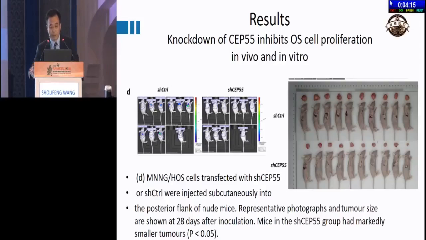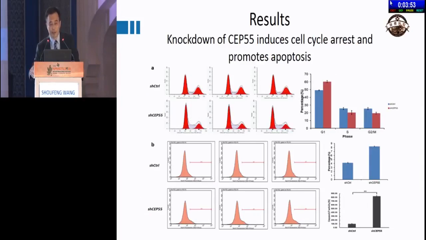We injected the OS cells transfected with the short hairpin CEP55 into the posterior flank of the nude mice. The results show that the tumor size was smaller in the study group than the control group at 28 days after inoculation. From the FACS analysis, we can see that the majority of the cells are arrested in